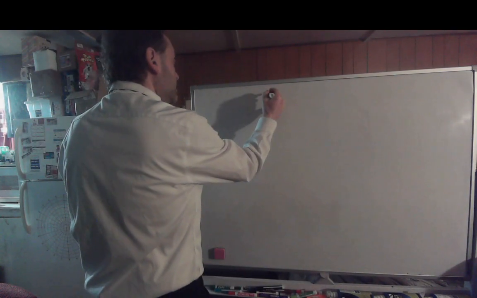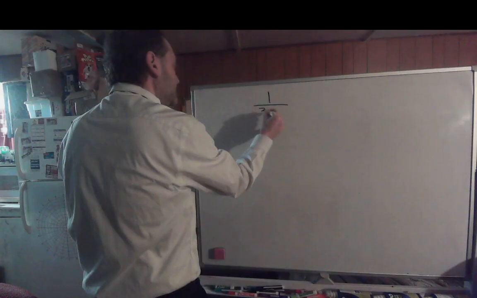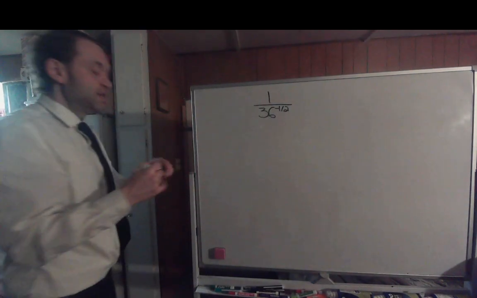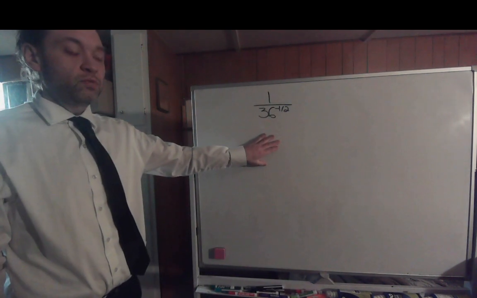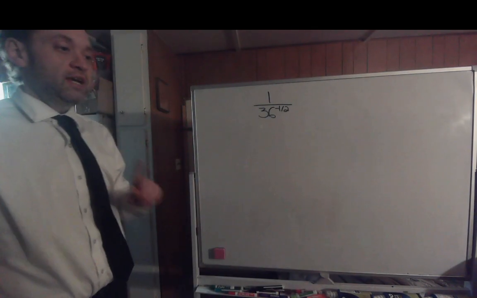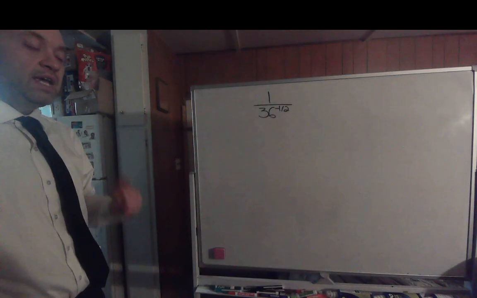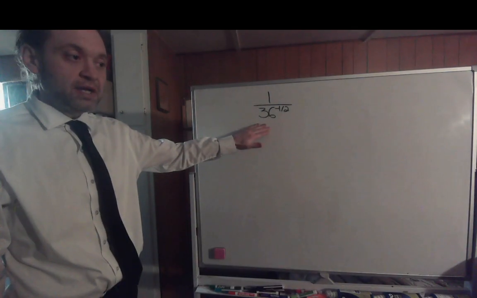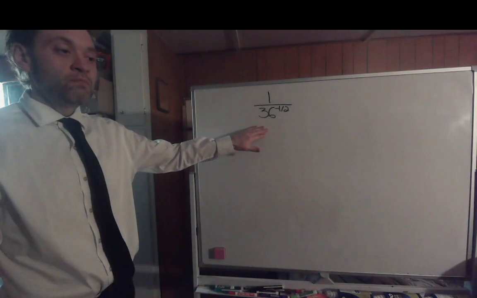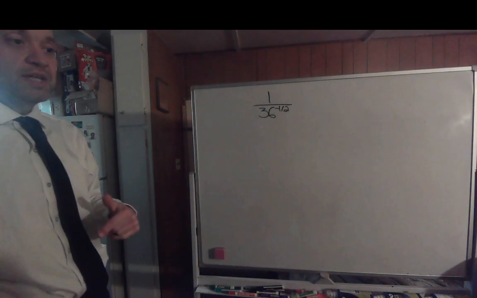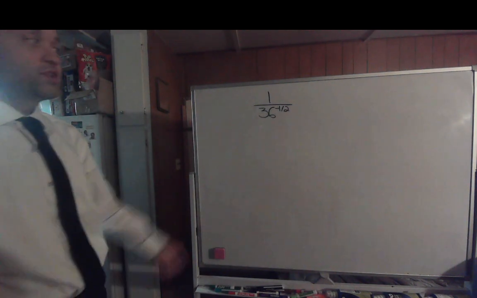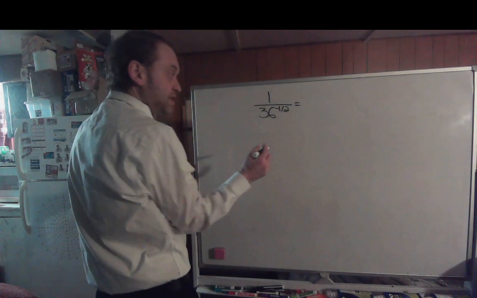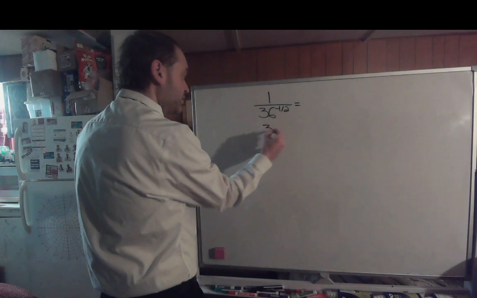Alright, now, you have 1 over 36 to the negative 1/2. So you have 1 divided by 36 to the negative 1/2. Okay, here's something. If you have a negative exponent in the numerator, you bring it down to the denominator and make it a positive exponent. Well, the opposite way is, if you have a negative exponent in the denominator, you bring it to the numerator and make it positive. So that would be 1 times 36 to the positive 1/2, or simply 36 to the